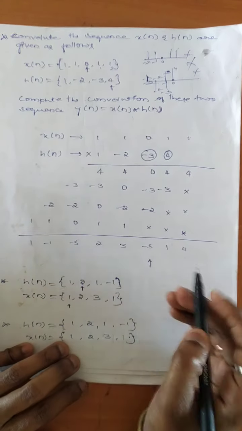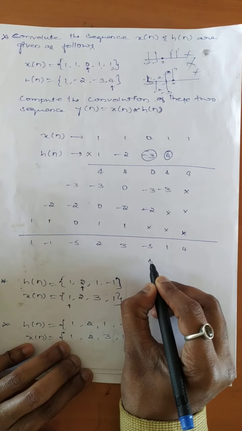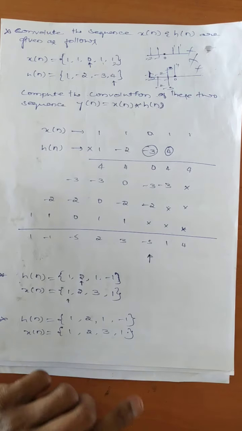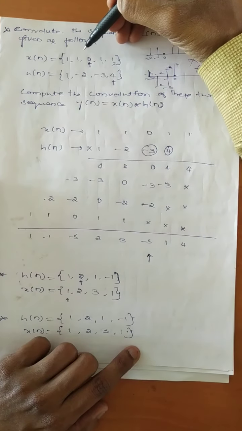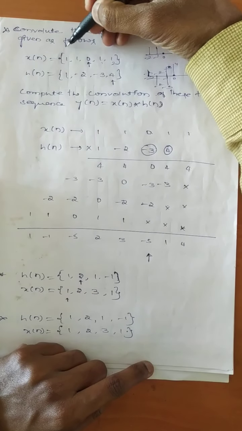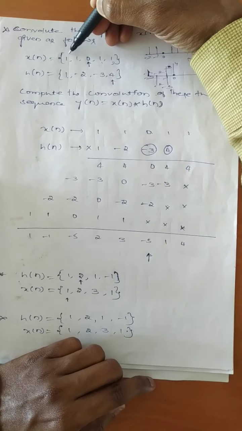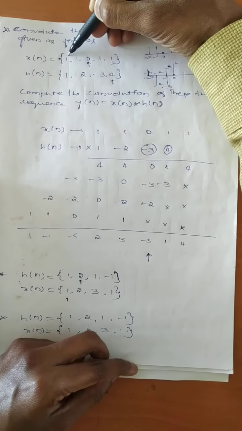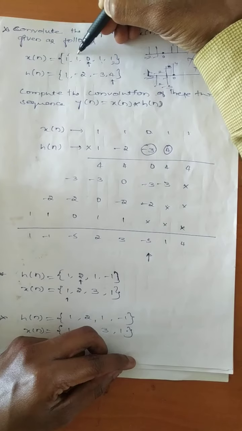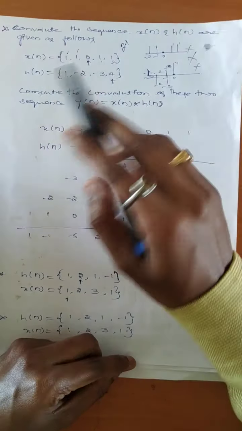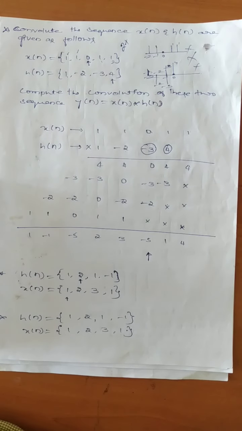So this is the final result, and the very important thing is the arrow mark. Where are you going to place the arrow mark in this case? You just consider the samples before the arrow mark in x of n. How many samples are there in x of n before the arrow mark? There are two samples before the arrow mark. The first sample is 1 and the next sample is also 1. These are the two numbers. So 2 plus, next you consider h of n, before the arrow mark. How many samples are there?